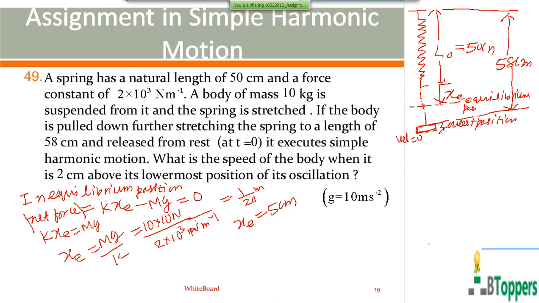So lowest position can be considered as one of the extreme positions for oscillations. So the distance between the lowest position, that is one of the extreme positions, and equilibrium position or mean position, gives you the magnitude of the displacement amplitude. From the figure you can observe